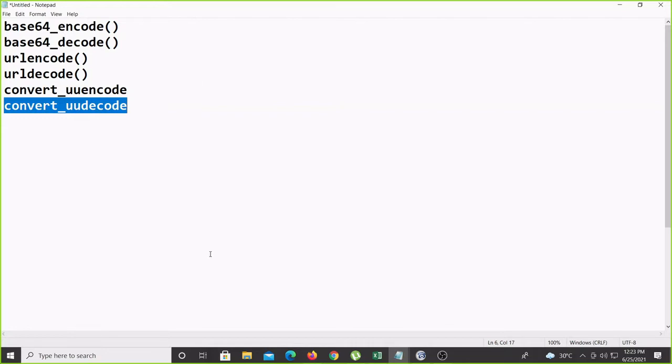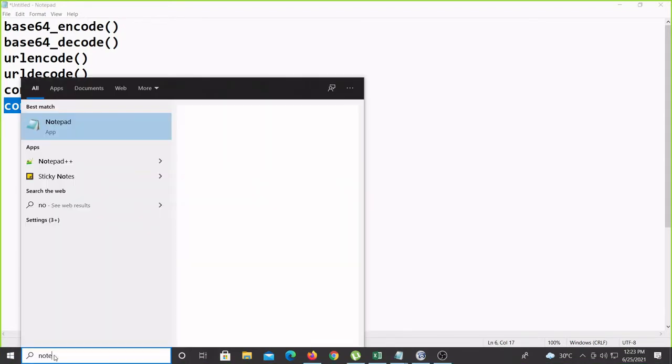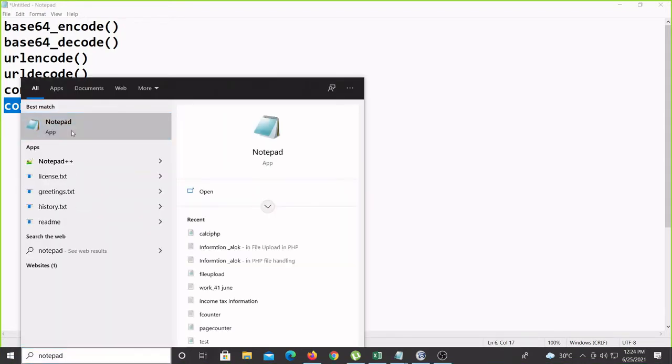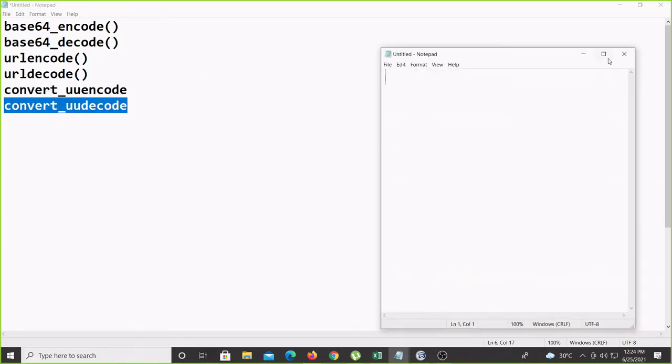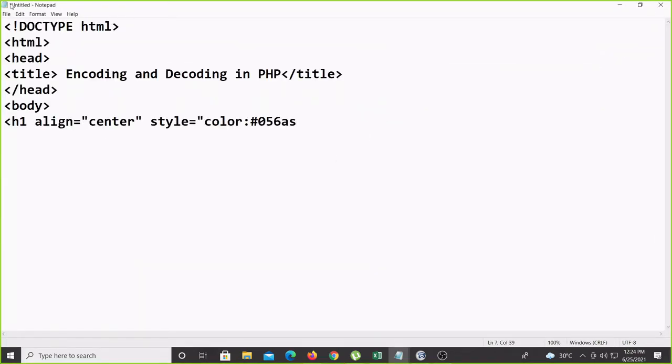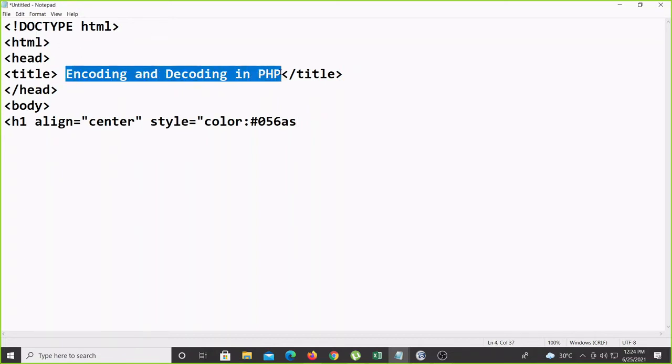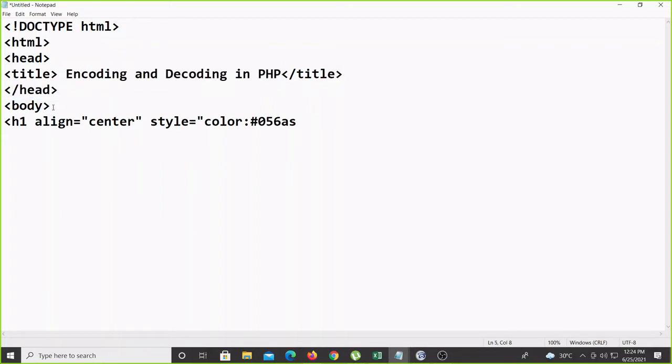In that case, I'll create one notepad. I'll open the notepad and write the basic part here: doctype html, head, title. In the title I can write encoding and decoding in PHP, then close the title, close head, start body.